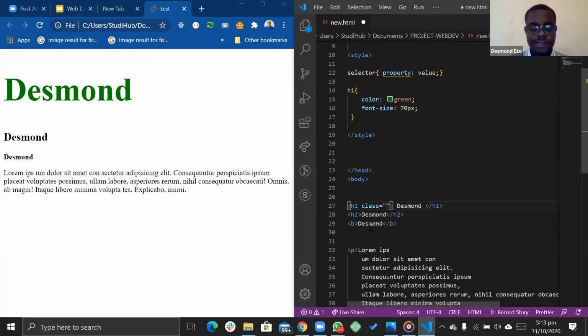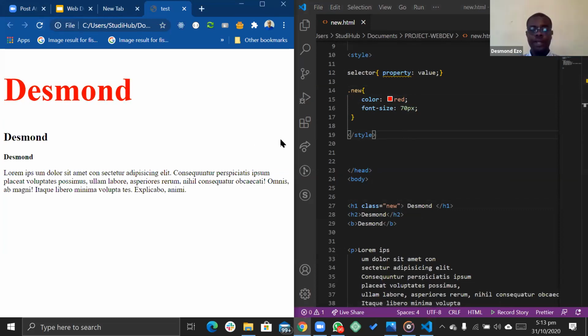Let's call this class new. So instead of the HTML tag, I'm going to use the class selector, which will be something like dot new. And let me change this color to red. So dot new, if I now save it as red, it still affects it and changes it to red.